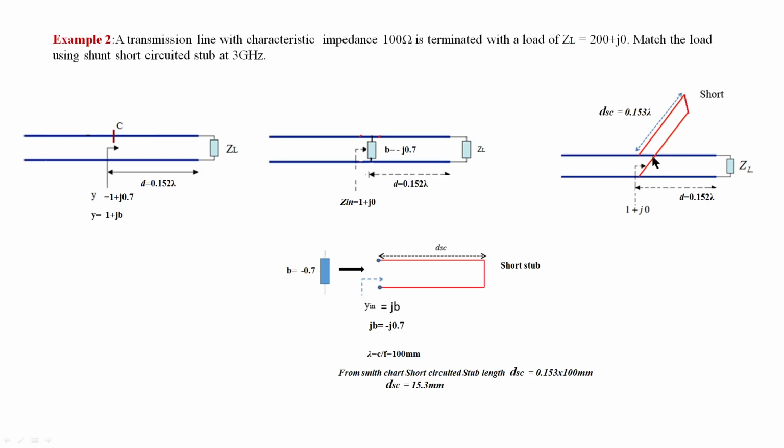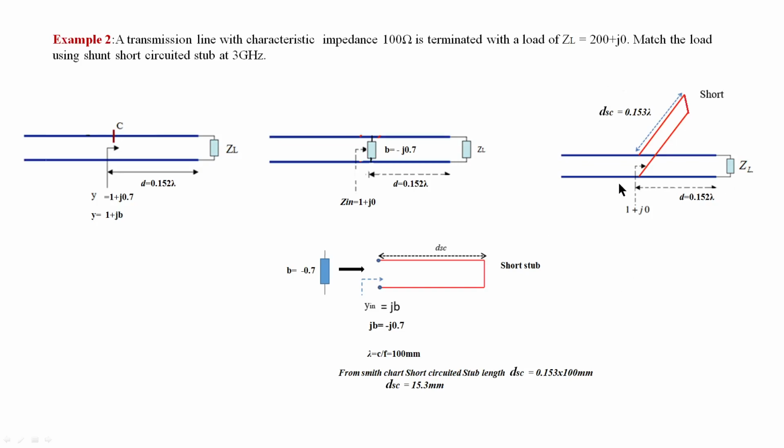It behaves like an inductor here, with a susceptance value equal to this. A negative value of susceptance means it is an inductor. Shunt means we are taking admittance, so the admittance of that value is this. So it cancels. This is important and this is important. This is called single stub matching for this particular load.